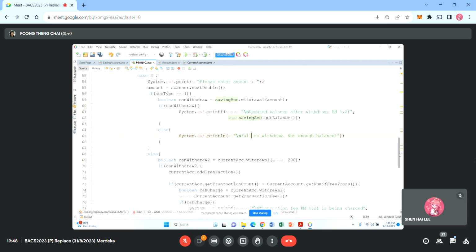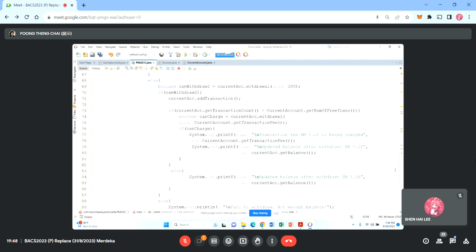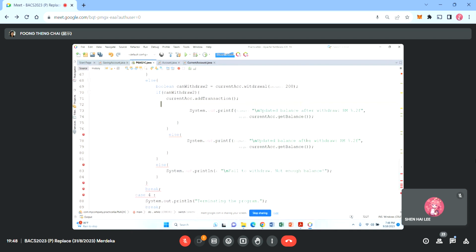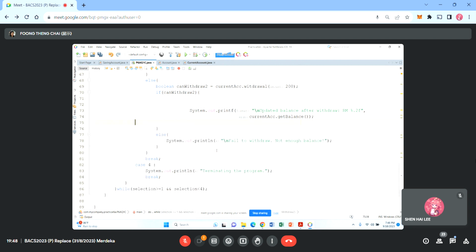So now we will go to current account. Current account can remove all the things. Simplify it just like the saving account only. Add transaction already done inside so no need, and the checking holdings, no need. So what you do here, remove all the things. You only left